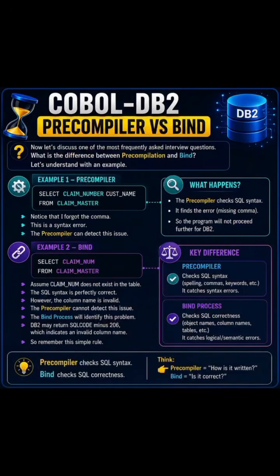Now, precompiler versus bind. Now let's discuss one of the most frequently asked interview questions. What is the difference between precompilation and bind? Let's understand with an example. Suppose I write SELECT CLAIM-NUMBER CLAIM-CUSTOMER-NAME FROM CLAIM-MASTER. Notice that I forgot the comma. This is a syntax error. The precompiler can detect this issue. Now let's take another example. SELECT CLAIM-NUMBER FROM CLAIM